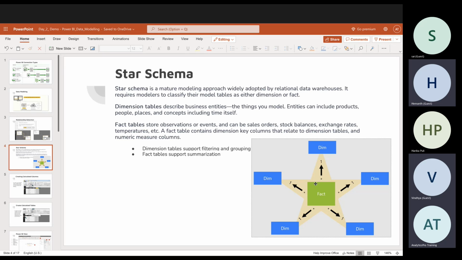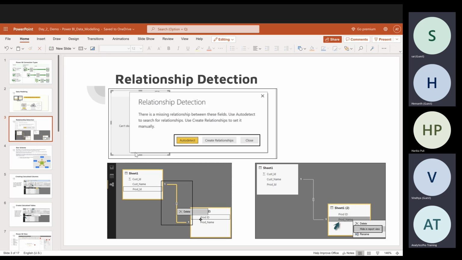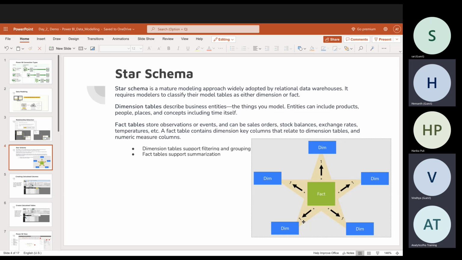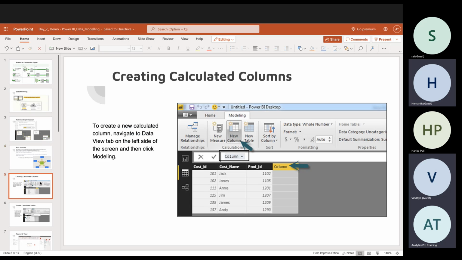So whenever you have a fact table and a dimension table in the star schema, you have a star to one, right? Can someone say what is the star to one? So earlier you said when you have this one to one, right? What is the star to one? One to many. Yes. So whenever you're looking from this side, it's one to many. But when you're looking from the other end, it's many to one, like from fact to dimension. So that's how this schema works and the connection and the relationship will work and so on.